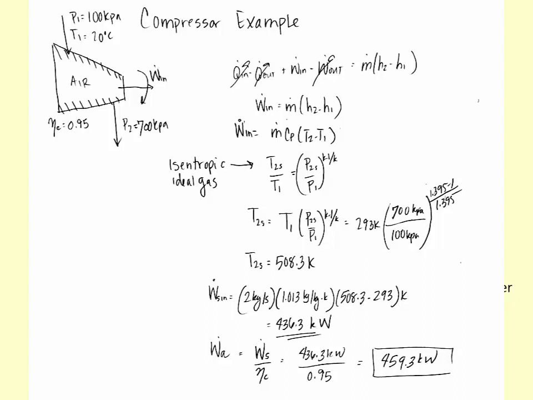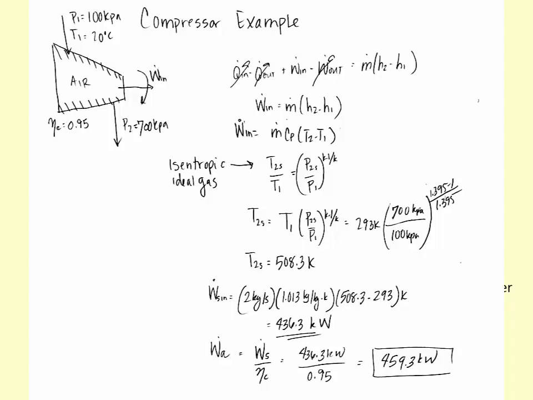And in this case, we're going to use 1.395 minus 1 over 1.395. Yeah, we look K up from the table. So K for an ideal gas operating around 300, 400 Kelvin is 1.395. So we can find T2S is equal to 508.3 Kelvin. So then we go back to our equation of the work dot